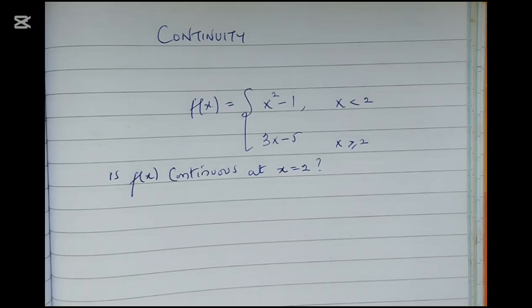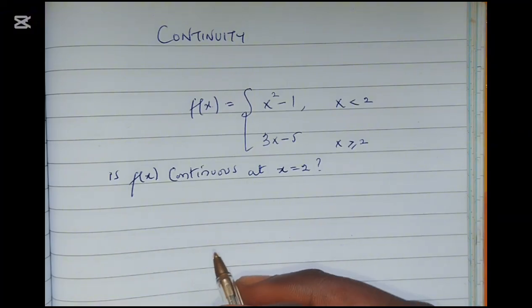Alright, welcome to this video. In this lesson we have been asked to check the continuity of this function and to see if it is continuous at x equals 2 for this piecewise function. We call it a piecewise function because the function, as you can see, is scattered into parts, that is, into pieces. So the conditions are: the first condition is that f of a, the function, must be defined, and the